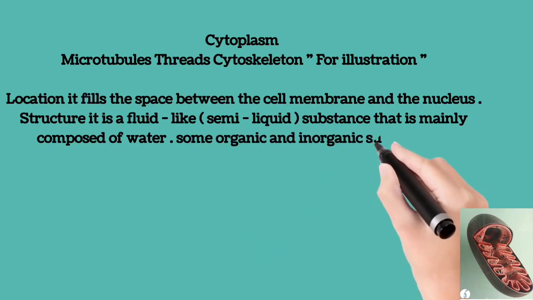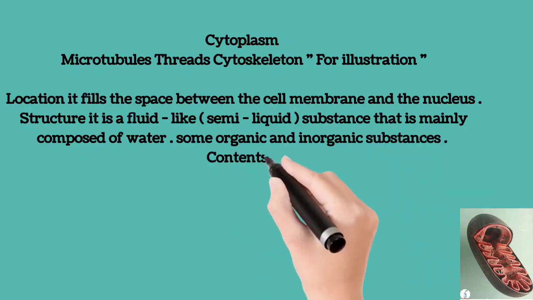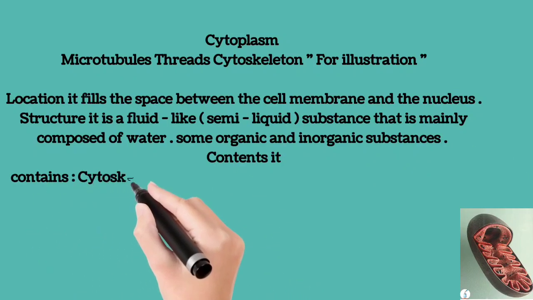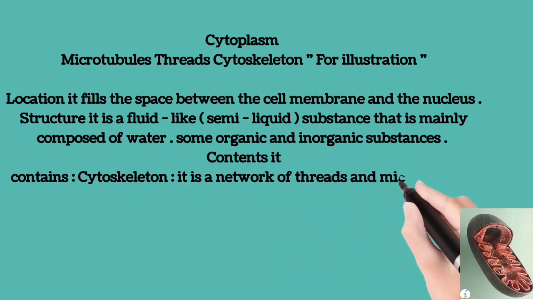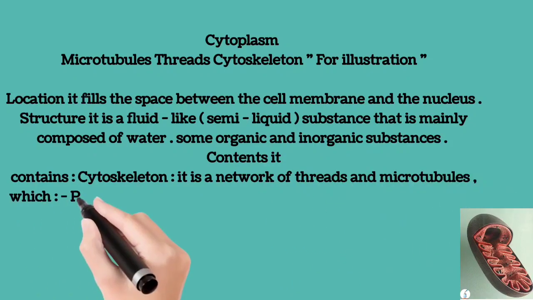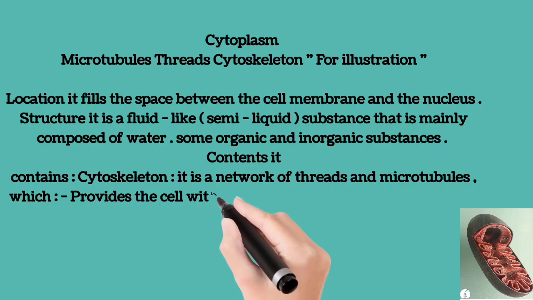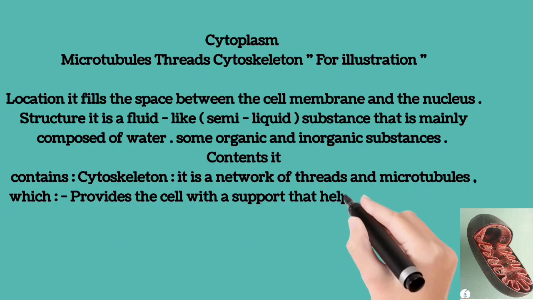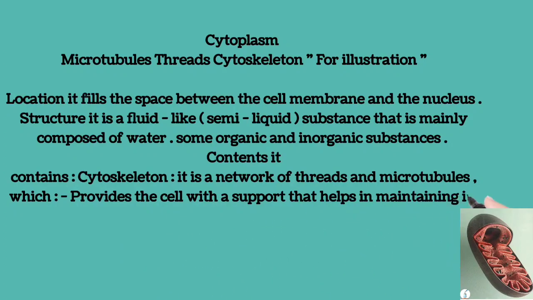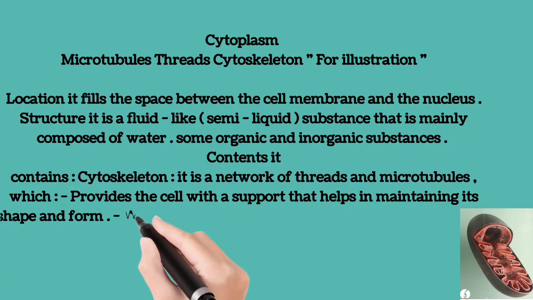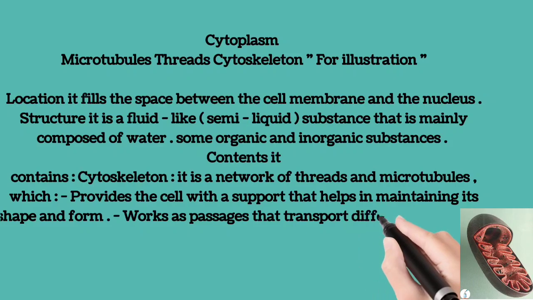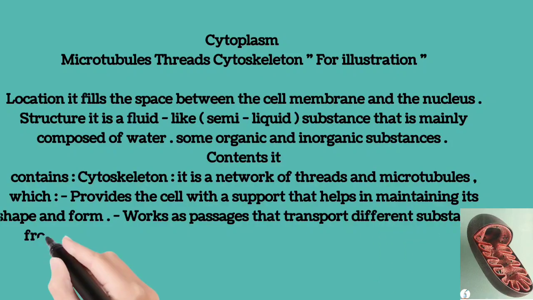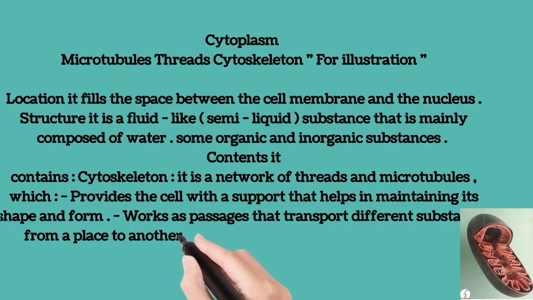Contents: it contains the cytoskeleton. It is a network of threads and microtubules, which provides the cell with support that helps in maintaining its shape and form. It also works as passages that transport different substances from one place to another inside the cell. Cell organelles are a group of various structures which are divided into